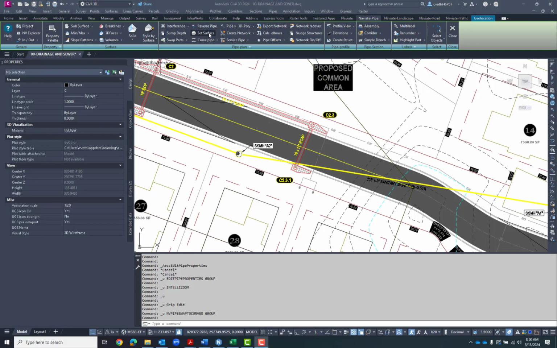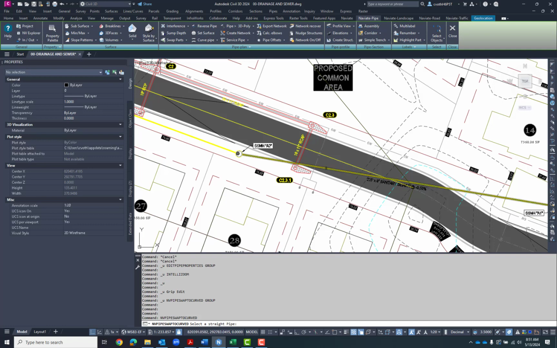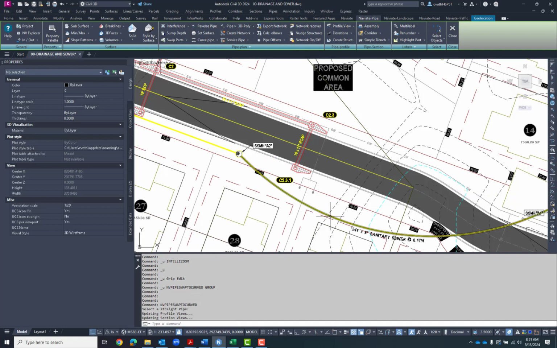Today I'd like to show you one of our fantastic tools in our Naviate Pipe module, Curve Pipe. You can see in this scenario that we have a sanitary sewer line, PVC, that's crossing one of our storm inlets. Typically we'd have to maybe move this manhole down, but I'd actually like to use our deflection angle by using the Naviate Curve Pipe feature to come through and actually be able to put the curve onto my PVC